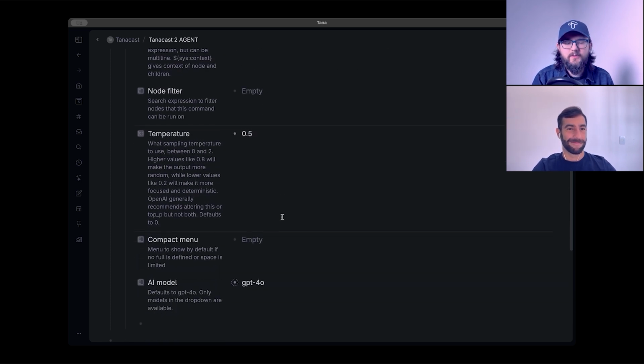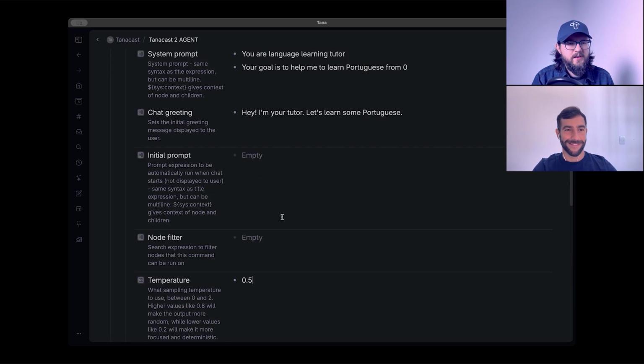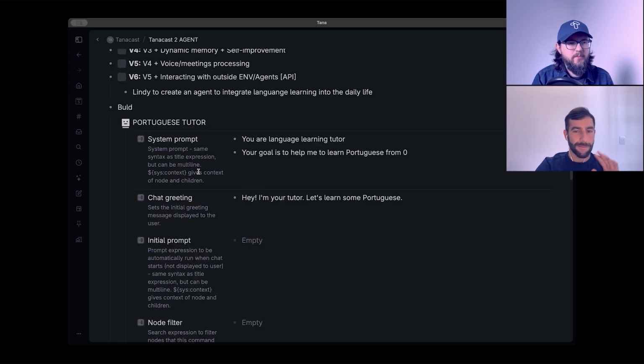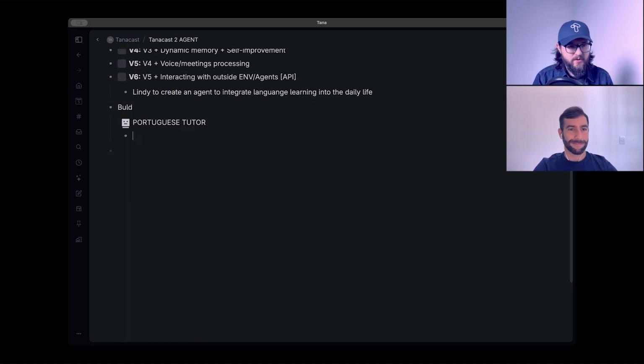Because we definitely don't need a lot of predictability here. It's more or less a creative task. So we're going to go here later on in the menu, and now we pretty much have the agent set up. So we can even create a simple command, right? Learn